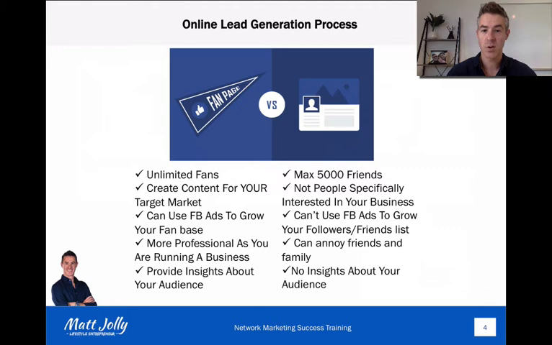Now, that versus a business profile or a fan page, you can see some quite marked differences. So, unlimited fan base, so you can drive traffic using your Facebook ads to have 5,000, 10,000, 100,000 followers on your page. You actually are creating content for the people that have liked your page, so your specific target market. Whether that's product-based, business or opportunity-based, whatever you want to put out there,